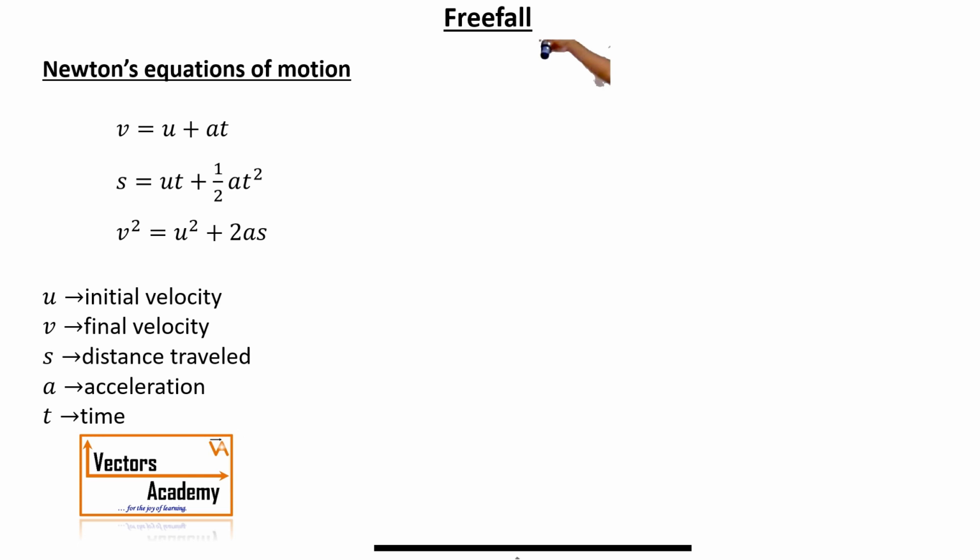Now, if we look at the motion of free fall, if you hold an object at a certain height and release it from there, at the initial point the object is not in motion, hence the initial velocity is 0. When we release it, there's acceleration which acts on the object due to gravitational force. That acceleration is called acceleration due to gravity, indicated by small g. And when the object reaches the ground, it has the maximum velocity, or I can say the final velocity, v. Let us see how the laws change under this free fall.